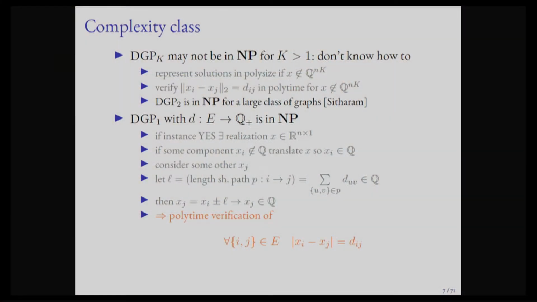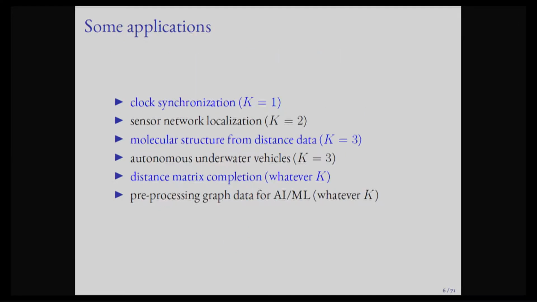All right, so DGP_1, on the other hand, is DGP on the line. You can only do left or right as decision. There are always reflections, there are no rotations. So in this case, we do know that it's in NP. Because essentially, suppose one of the points were at an irrational value. You could still translate it to a rational one, and magically all of the other points would translate also to rational, because the distance values are rational,